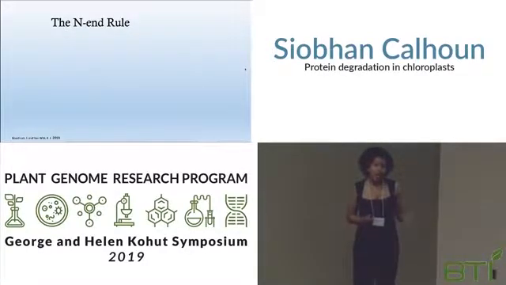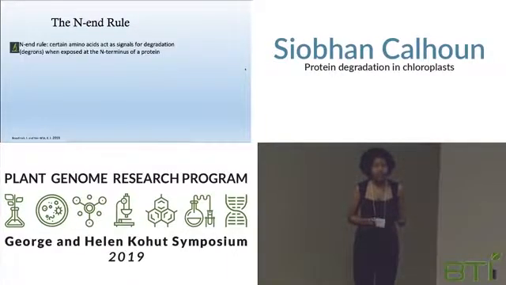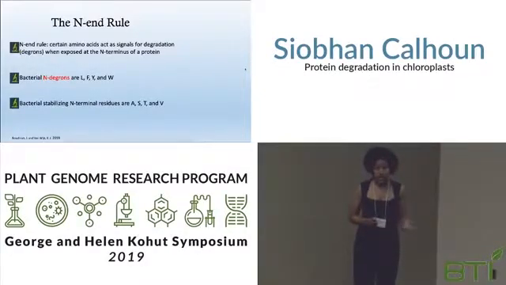So, the N-end rule. In several degradation pathways in both prokaryotes and eukaryotes, there is what's called the N-end rule, and pathways function according to this. It basically states that certain amino acids, when exposed at the N terminus of a protein, act as signals for degradation of that protein. And in bacteria, these 4 residues are lysine, phenylalanine, tryptophan, and tyrosine. And stabilizing residues are alanine, serine, threonine, and valine. So basically that means that if any of these 4 are exposed at the N terminus of the protein, that signals to whatever machinery, hey, this protein is ready to be degraded, come pick it up, get rid